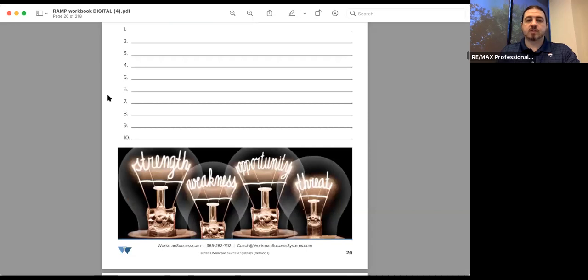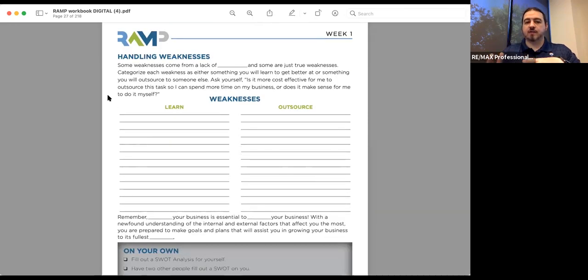So here's the other piece that I mentioned. When you've identified some of those things and you're looking at the weaknesses and threat side, again, more weaknesses, because that tends to be the stuff that we can actually do something about, versus the threats, which are more external and we just have to work around in our business sometimes. That's why this is specifically focused on the weakness column. As I mentioned, there's a few ways to take care of that. You can either learn, meaning improve the weakness yourself, get better at it, make it less of a weakness, hopefully turn it into a strength, or you can outsource it. Like I said when we started talking here,